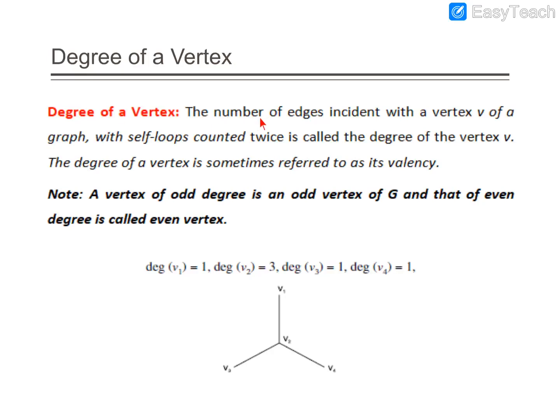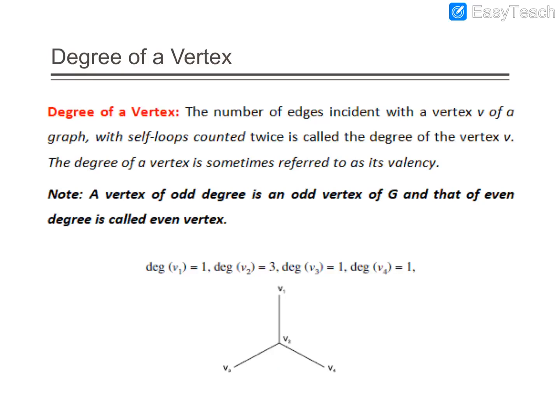The degree of a vertex is the number of edges incident with a vertex V of a graph, with self loops counted as twice, and it is called the degree of the vertex V. A self loop is counted twice for the degree of a vertex. The degree of a vertex is sometimes referred to as its valency. Now, a vertex of odd degree is an odd vertex of G and that of even degree is called an even vertex of G. So, in a given graph,